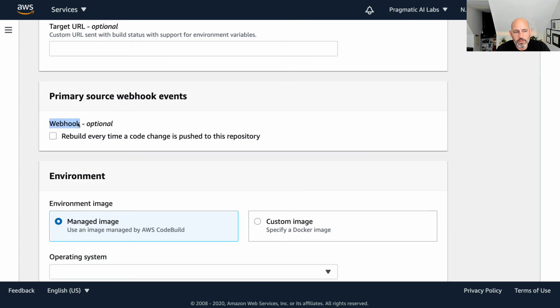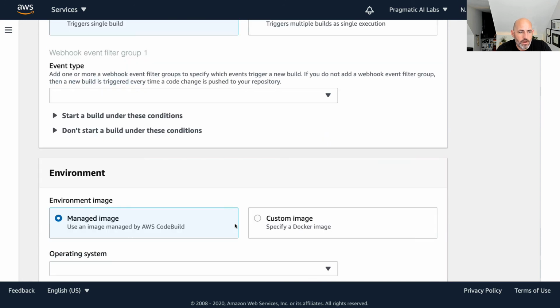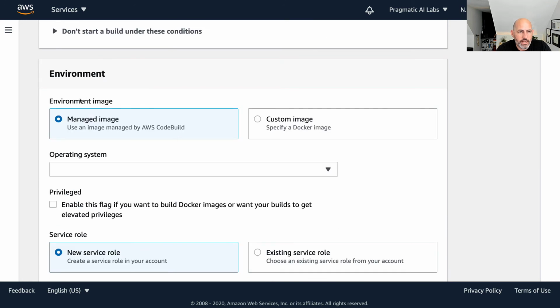Now, this is an important step here, which is a continuous delivery, continuous deployment concept: every time I push a change, do this thing. And so we do want that. We want to click this. And then from here, I can go through and say, do I want to have a custom image, a Docker image, so I could do all kinds of custom things in Docker, or do I just want the basics? We're going to go with the basics because